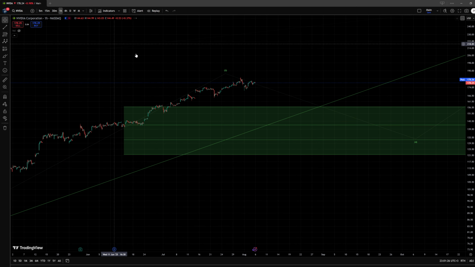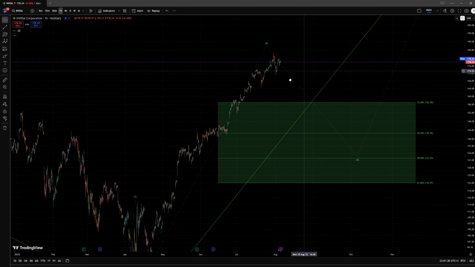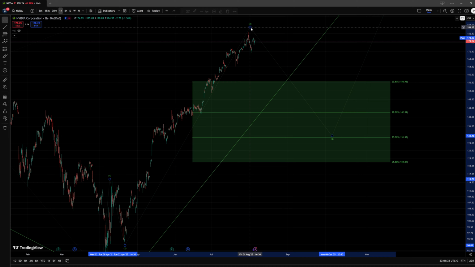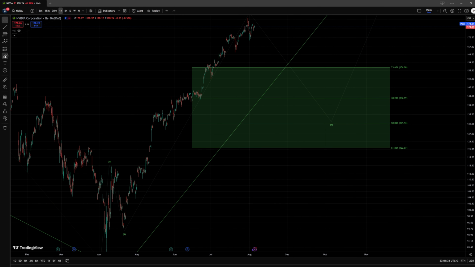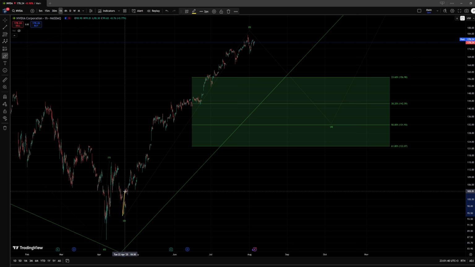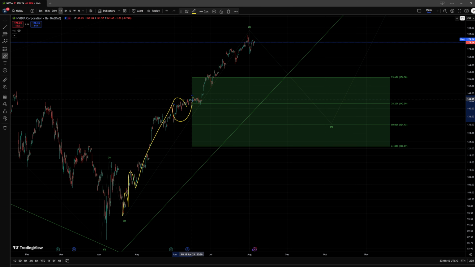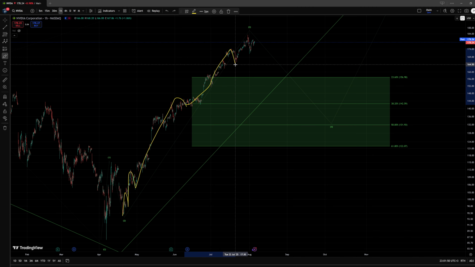But now we may still actually head directly higher, where I'm considering this third wave an ABC pattern. It could be counted really as a 5-wave pattern, where maybe we had a 1-2, 1-2, a third wave up, and then a fourth wave somewhere in this area, and then we continue in a larger fifth wave, and then maybe another 4-5 could be complete.